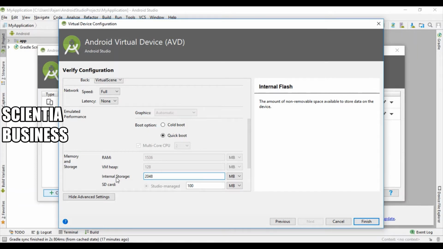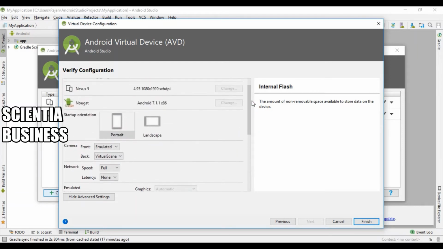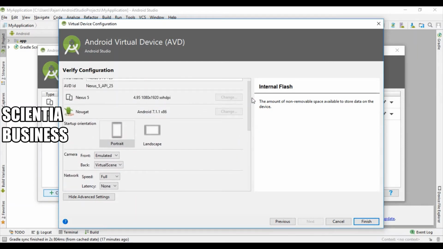One thing you need to keep in mind while increasing or decreasing RAM is that whatever RAM you specify here will be used from your system's RAM, and there might be a possibility that your system might become slow whenever you are using the virtual device on your computer. So it totally depends upon the requirement.